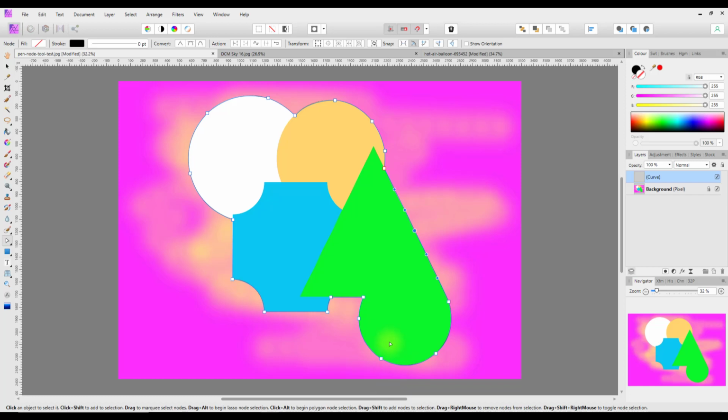But once you've made your selection, if you come back to the pen tool, you have the options up here to either add a mask, which will be a layer mask added in this shape, or a selection, and then this will put the marching ants selection around the area that you've drawn out. I'm going to go for layer mask, so I'll click on that,